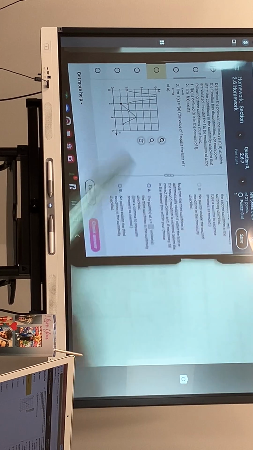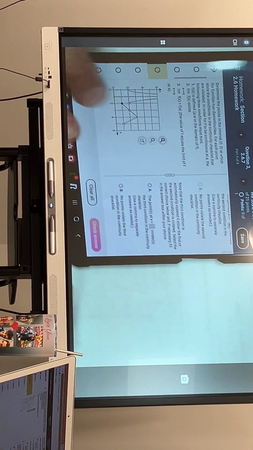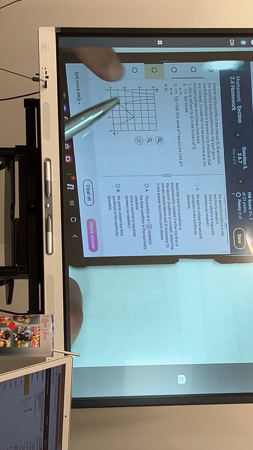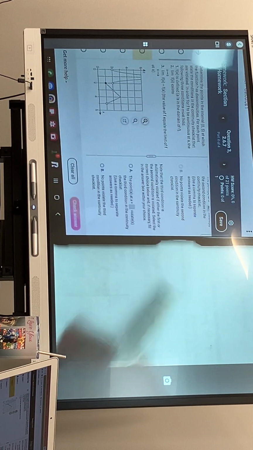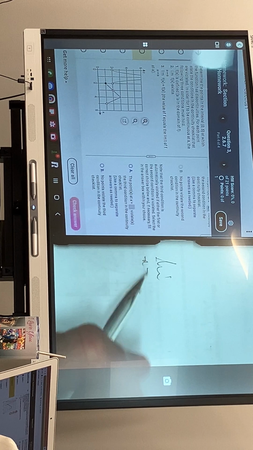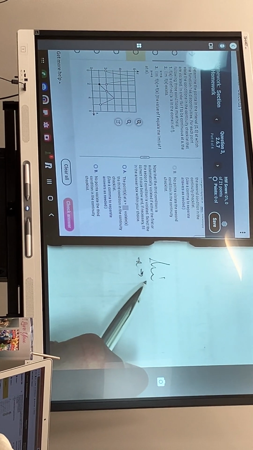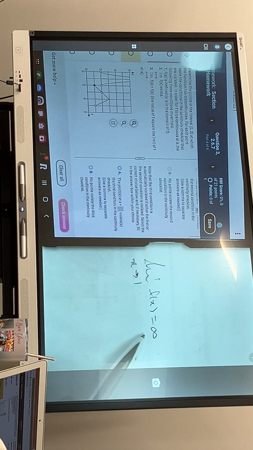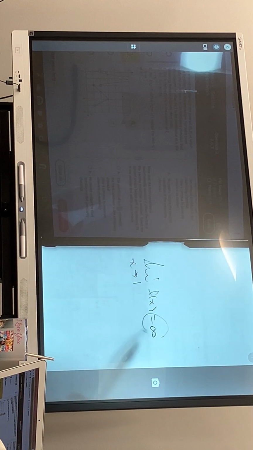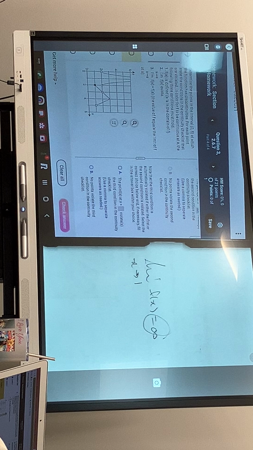And so there's an argument to be made about whether this one violates the second point. Limit as x approaches 1 of f of x is infinity, and so that should satisfy condition number 2, but